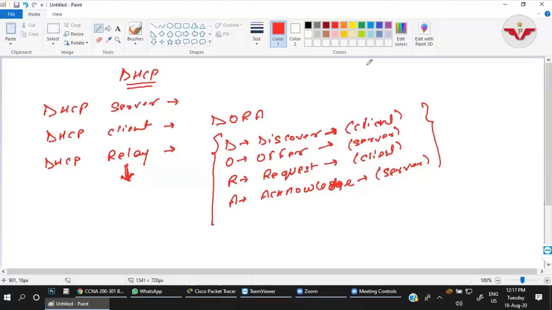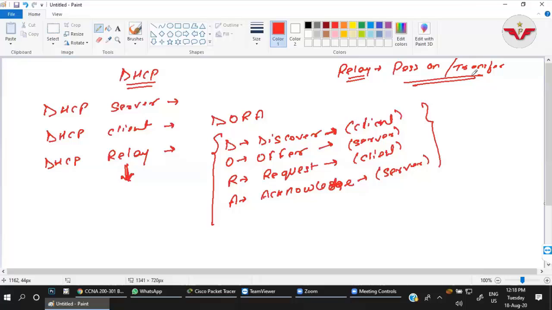Let me tell the definition of DHCP relay. DHCP relay is a feature by which a router relays. Whenever I say the word relay, think that I'm saying pass on or transfer. Then you will be able to understand what exactly it means.